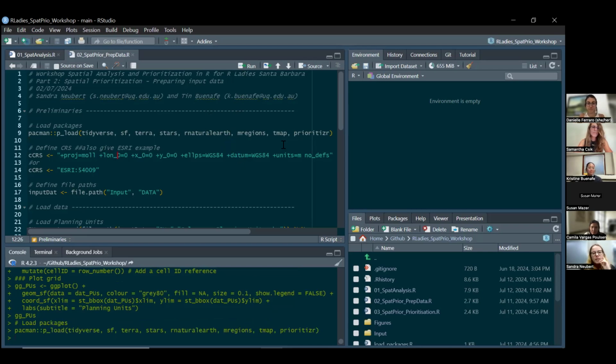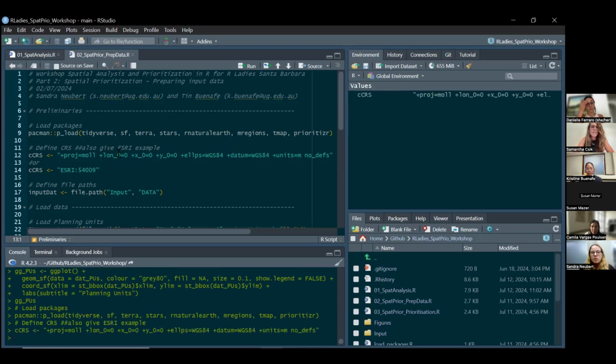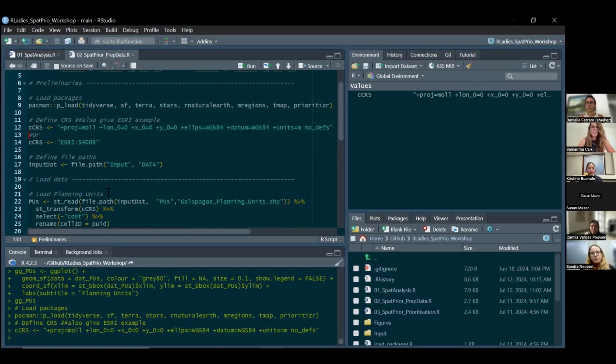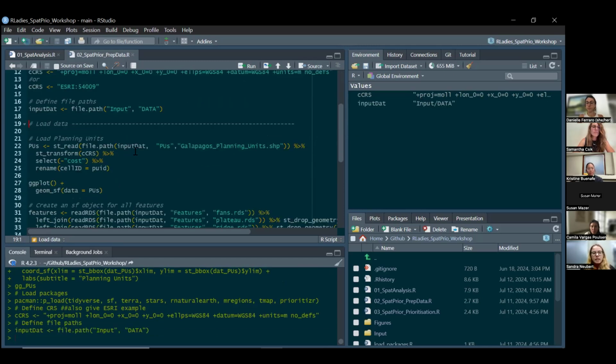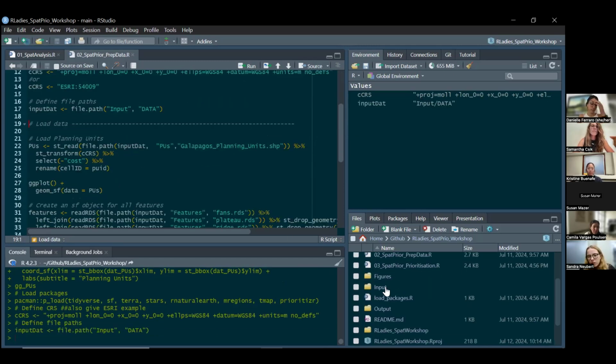And I already said we're going to use the Mollweide projection for the rest of the workshop, but there's another way of how you can call that. So that's what Tin mentioned earlier. You can either use the proj4 string, which I used before, or you can use the EPSG code. It doesn't really make a difference at all, just so you see how you would use the EPSG code if you wanted to. So first we define where our input data is again,